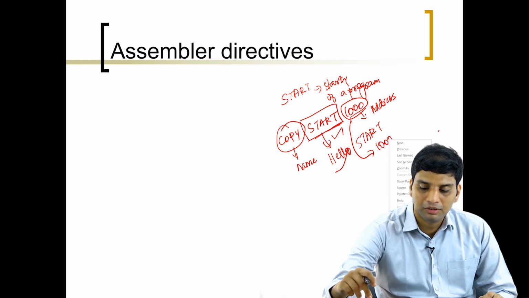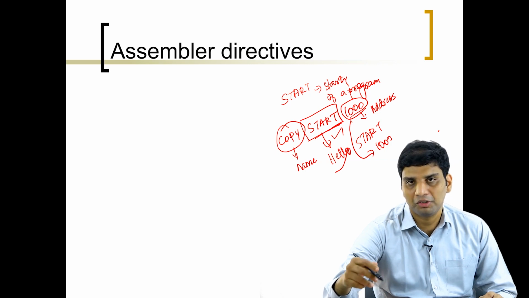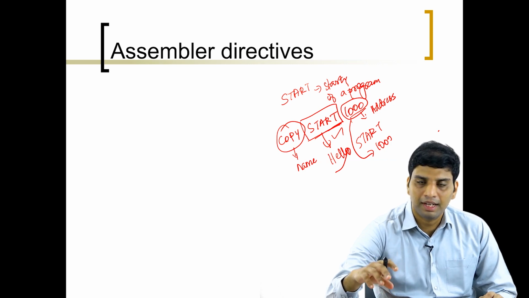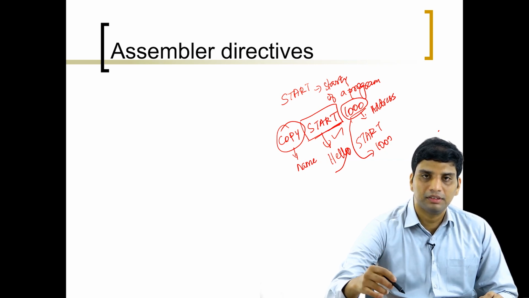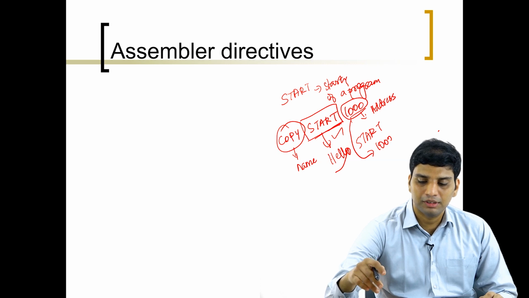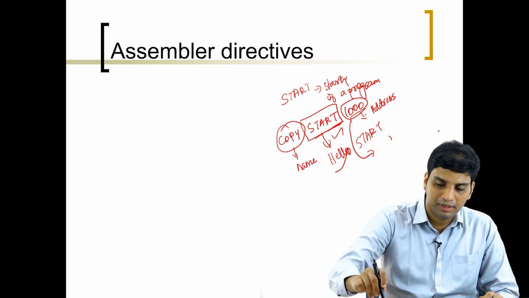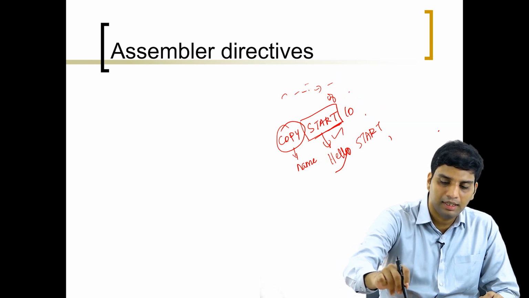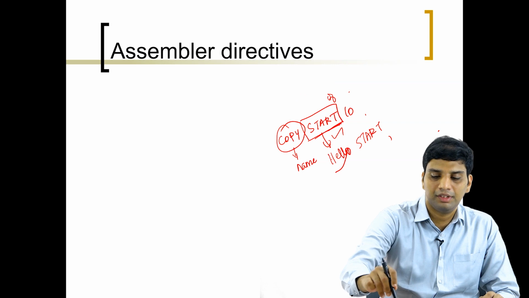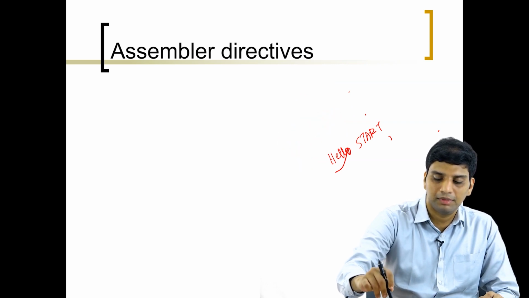If so, there are certain issues in this. We will discuss them in future lectures. For the time being, you can understand only three things. First one is START, that means start of the program. COPY means the name of the program, and 1000 specifies the address. So that is the first assembler directive. The first assembler directive was START, and START specifies the start of the program. So we will go to the next assembler directive.